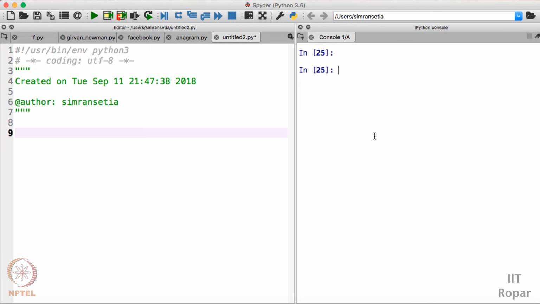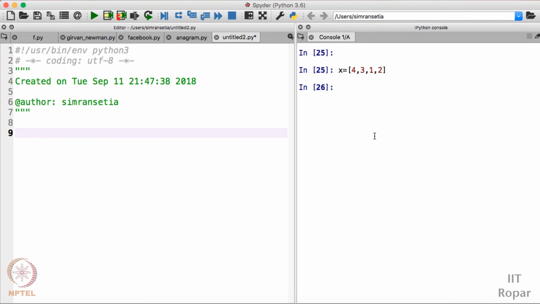So what is the sorted function? The sorted function basically sorts any sequence, for example a list, and returns the sorted list. I'll show you how you can use it. For example, I have a list here named x of integer values, and the values are not sorted: 4, 3, 1, 2.